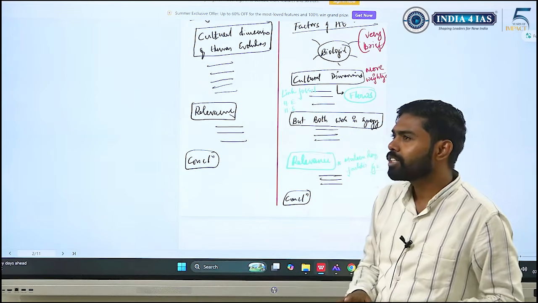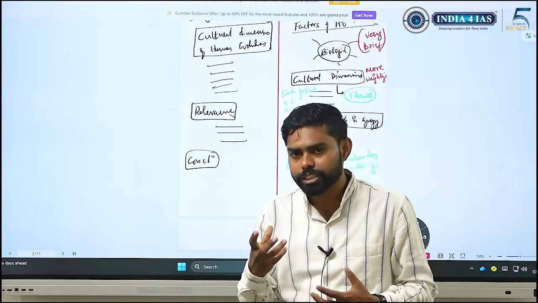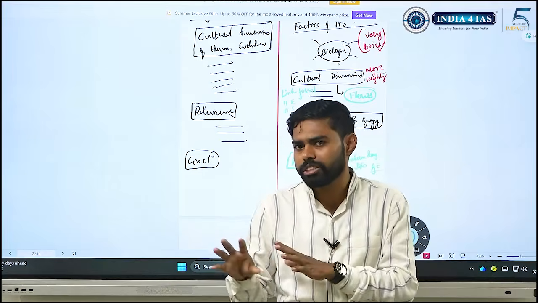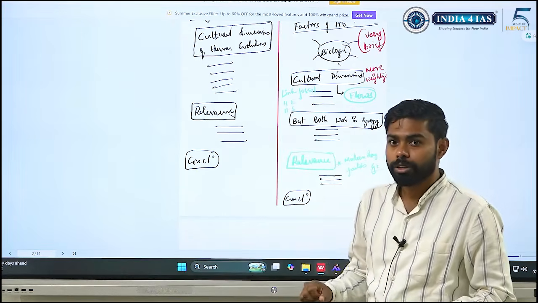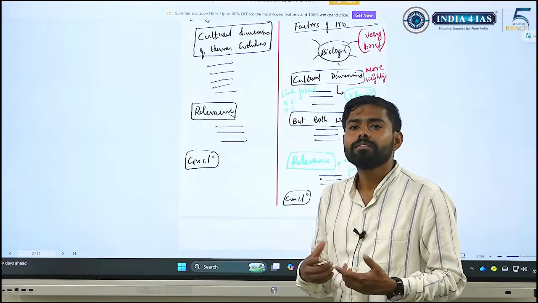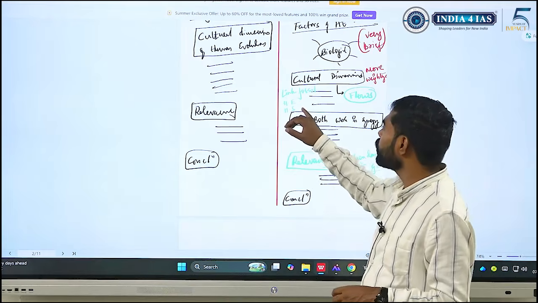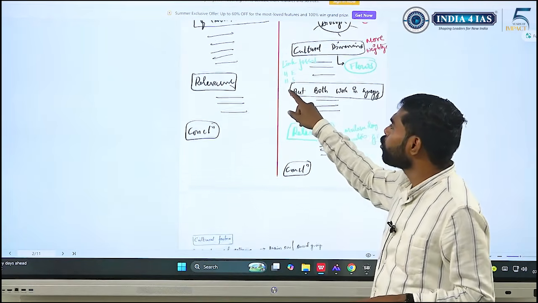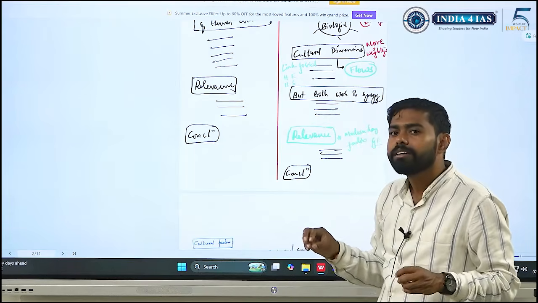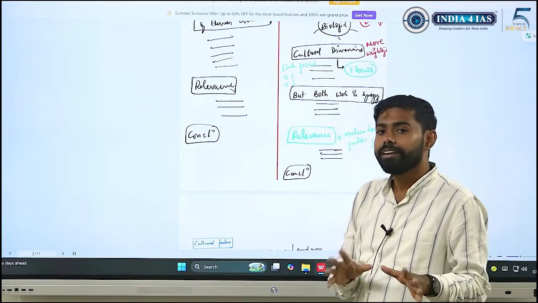In cultural dimensions, what happens? We'll speak about how fire led to change in our dentition, because fire led to softer foods and softer foods led to change in dentition. That's how culture affected human evolution. But we know that fire has been in use only after erectus. So all we need to do is simply integrate Homo erectus or Homo sapiens or Homo neanderthals, wherever, whichever point it is required. That's how we need to develop that interlinkage.